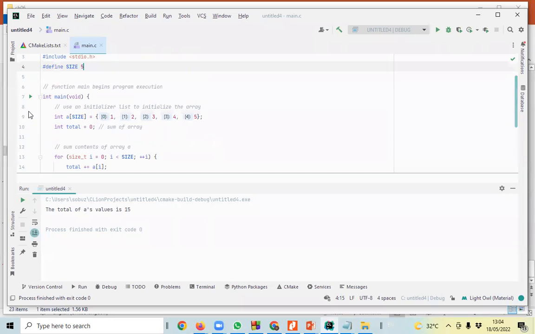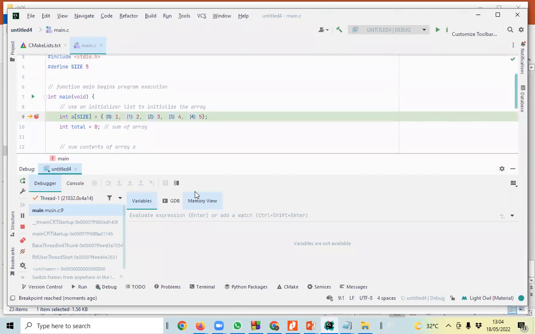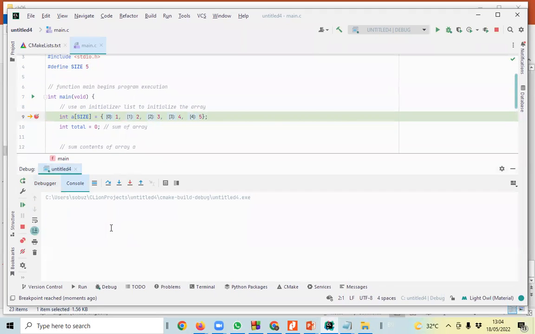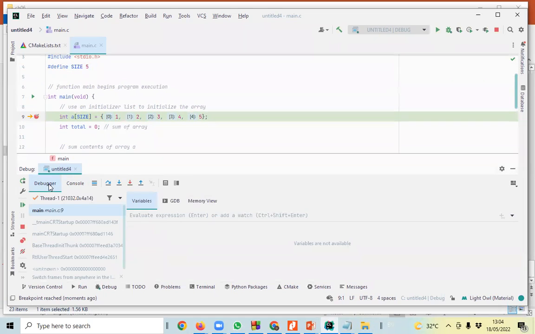If I want to check the initialization, sorry, debugging, I have started debugging from here. Now click the debugging icon. Here there are 2 kinds of windows: the debugger and the console. This is the debugging window, and this is the output window, the console window. Here is the variables view. If I step into, that means the next step, that means if I compile this one,